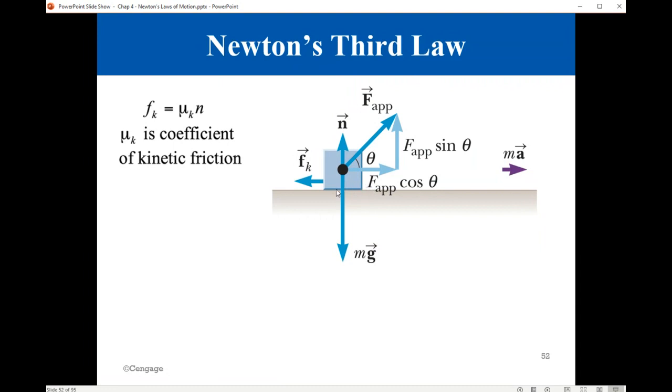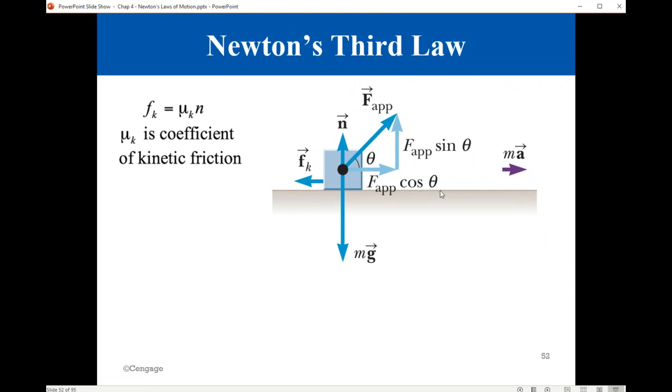So originally, the object was at rest. There is a rough surface down there. There is contact between the object and the surface. And if you try to move the object, there will be a resistance. The force of resistance, we call it friction. Friction always acts in the opposite direction. So if you are trying to move in this direction, then the friction will act in the opposite direction. As you increase your force, friction will increase until at one point your force is greater than friction, so the